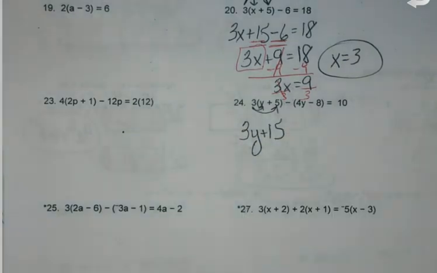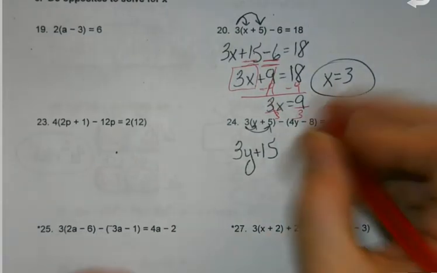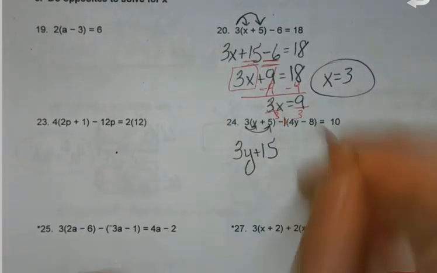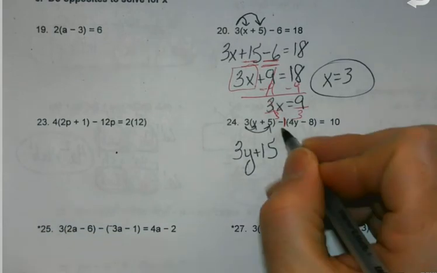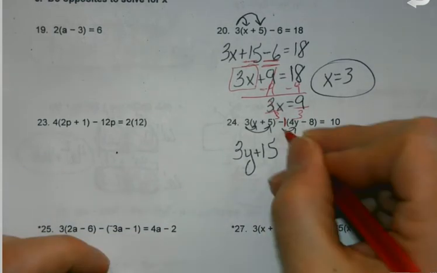Okay, and make sure it's to both, not just to the y at the start, but to the y and the 5. And my second one, that minus, is like having a negative 1 that I'm multiplying through